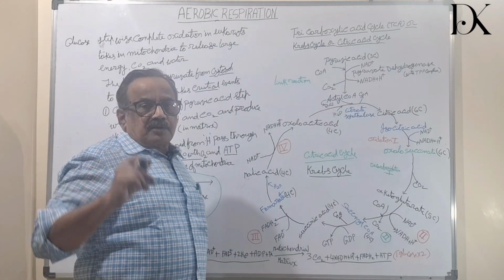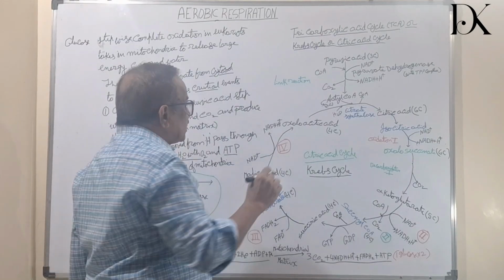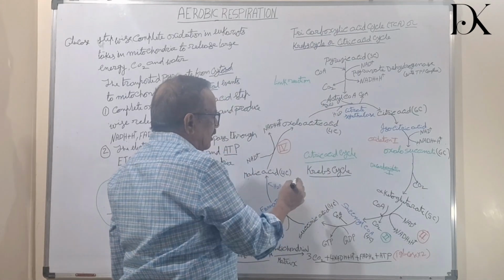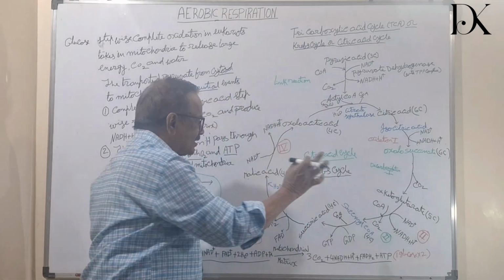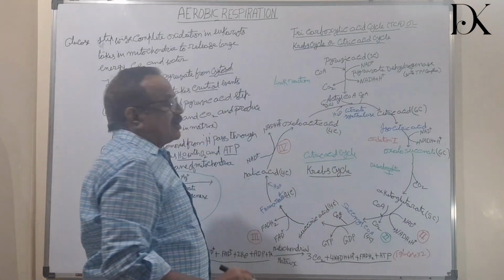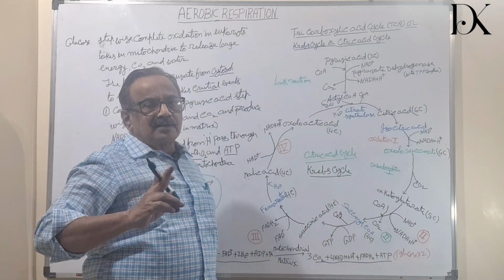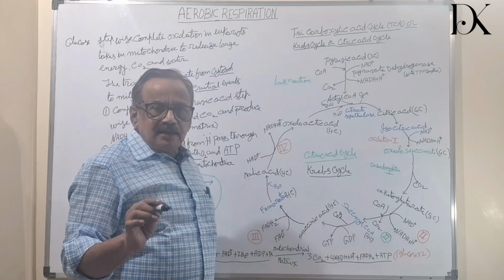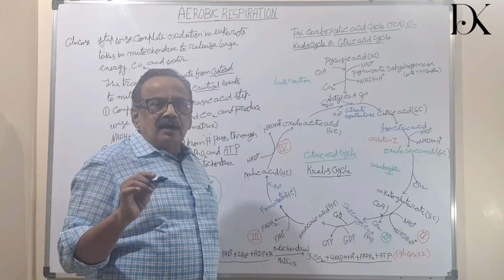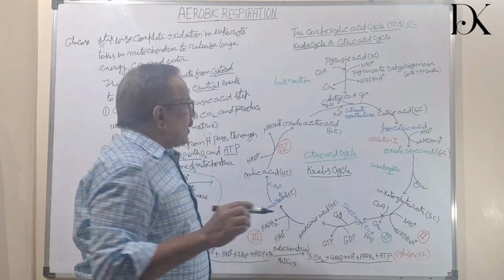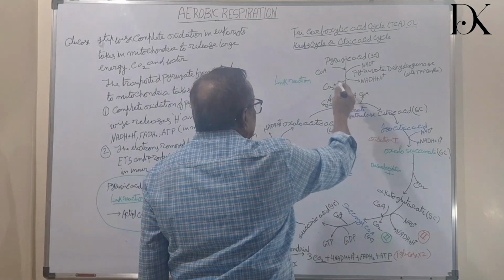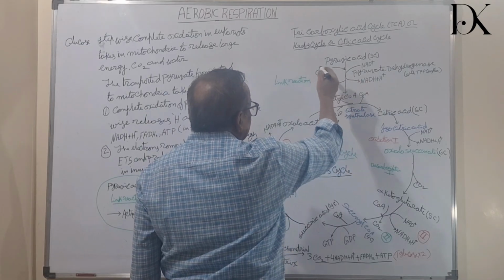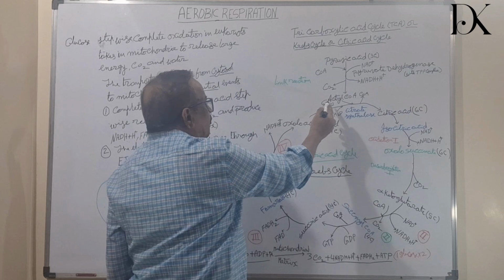The acetyl group is a 2-carbon compound. Now, this acetyl group will join the citric acid cycle, or the Krebs cycle, or TCA cycle. From acetyl coenzyme A onwards, whatever cyclic reactions come are called the Krebs cycle, TCA cycle or citric acid cycle. Now, how is acetyl coenzyme A formed? Pyruvic acid is oxidized and NAD is reduced, carbon dioxide is released, and coenzyme A is joined to form acetyl